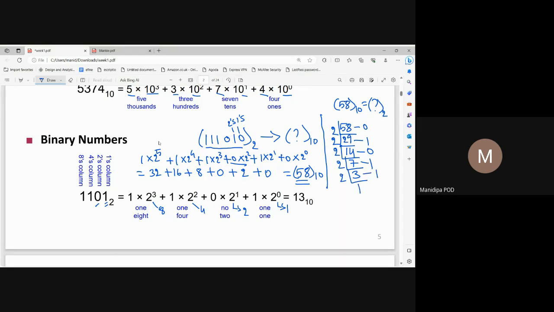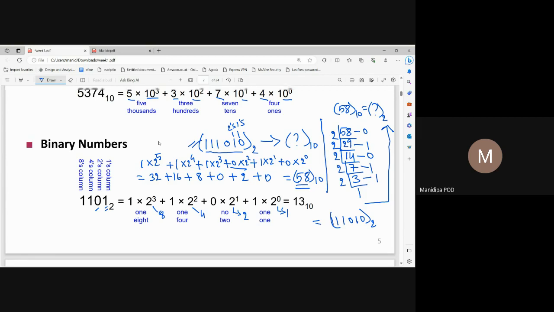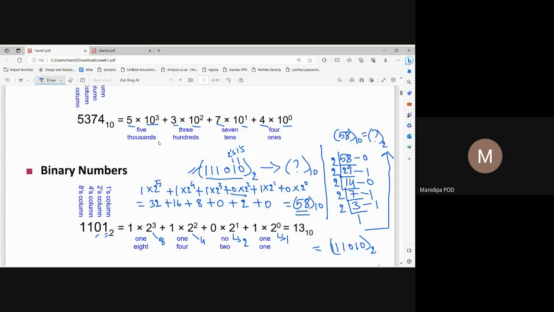Now when we try to write the binary equivalent, we will go from bottom to top. This is how we will see the numbers in this order. So I will have 111010. See, I've gotten back the original binary number. So is binary to decimal and decimal to binary conversion clear for everyone? Yes or no? Yes. Okay,